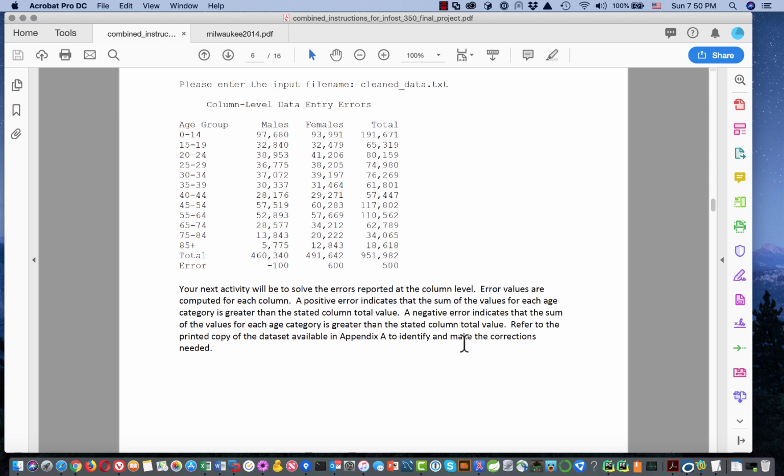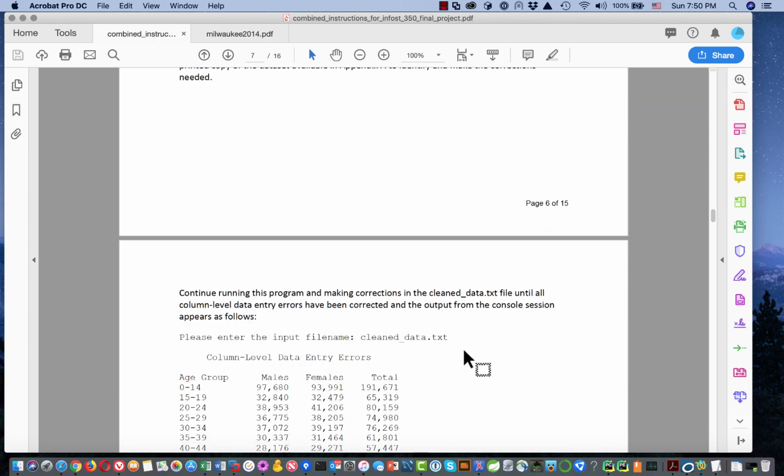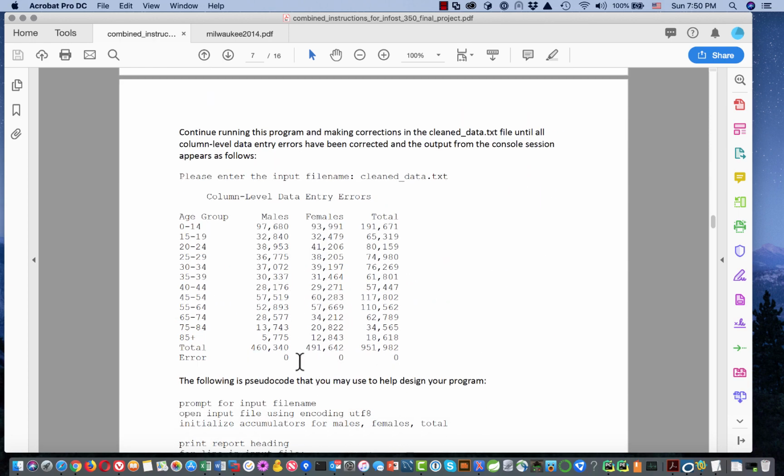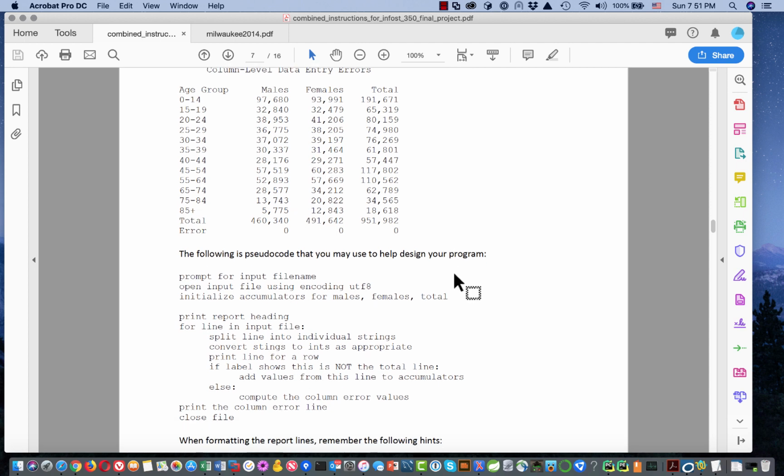When you're done, it should look like this. The columns should add all the way down and they should equal the stated totals. Okay? So the error row should be all zeros, just like in exercise 1, where the error column when we were done is all zeros. And I gave you some pseudocode for that. Now I just want to point out that